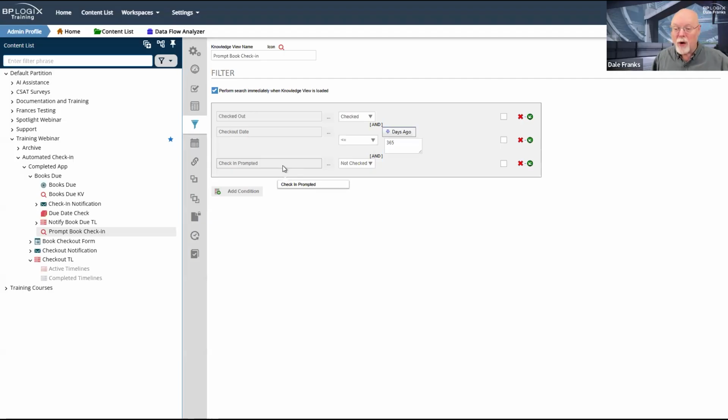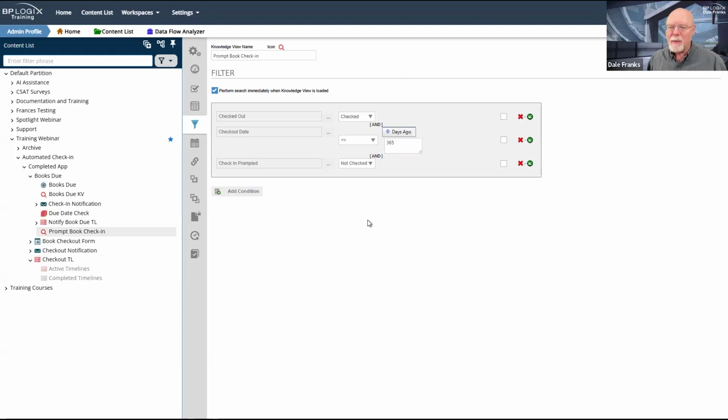The third filter will not change because I only want to invoke a process on items that have not been invoked yet. So I do want to ensure that check-in prompted is not checked, so that I'm only going to return items that are checked out, items that are due, and items that have not been prompted for a check-in.